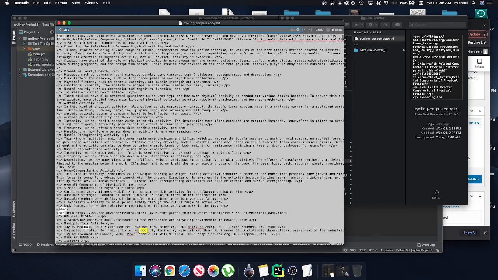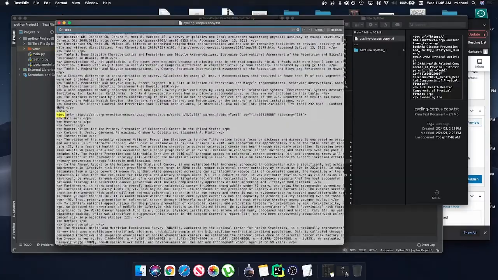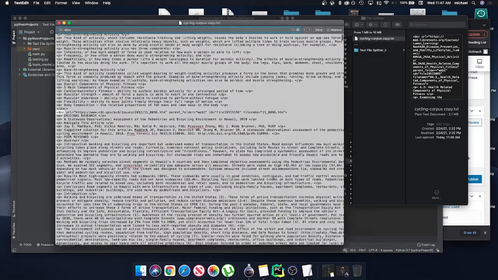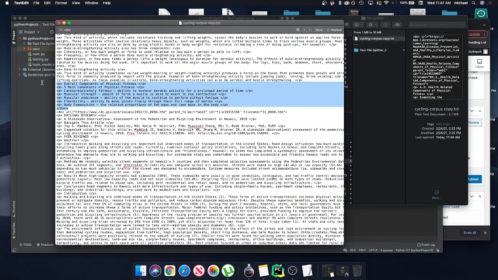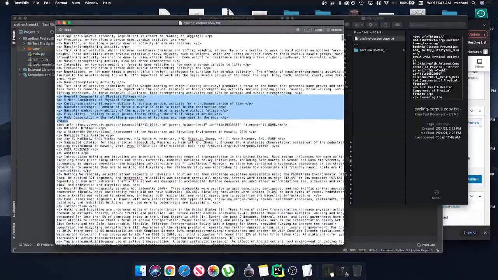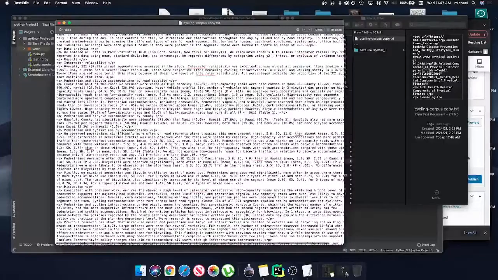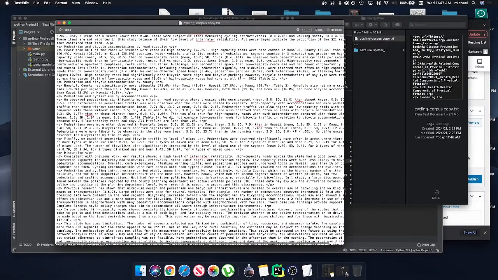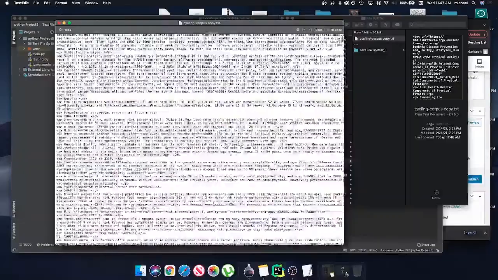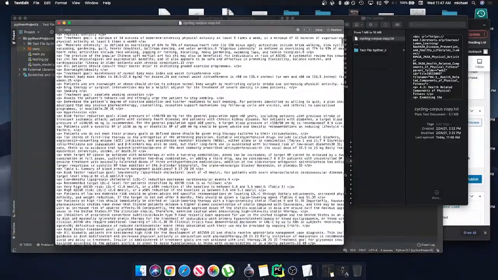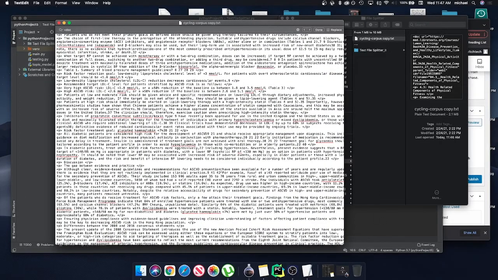You can see that it starts with that and it ends with this one up here. So there's our first little web page, and then our second one starts here, so forth and so on. And this is a huge file. It contains, I believe, 104 different website documents. So really all you have to do is just determine what is the tag that's separating your documents,